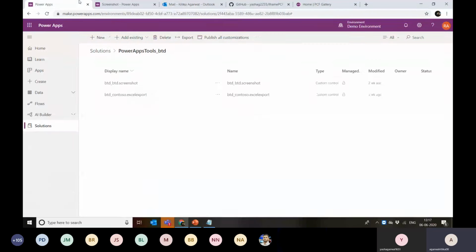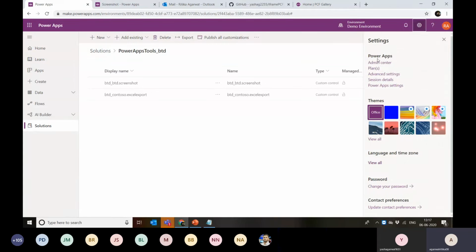One major thing about this, since I am using this environment actively for building the PCF controls: if someone is trying to create their PCF for the first time, there is an advanced setting which we need to enable if we want to publish the Canvas apps with PCF controls. By default we cannot publish that app, but if we enable that setting in the admin settings, we can now see this code button.